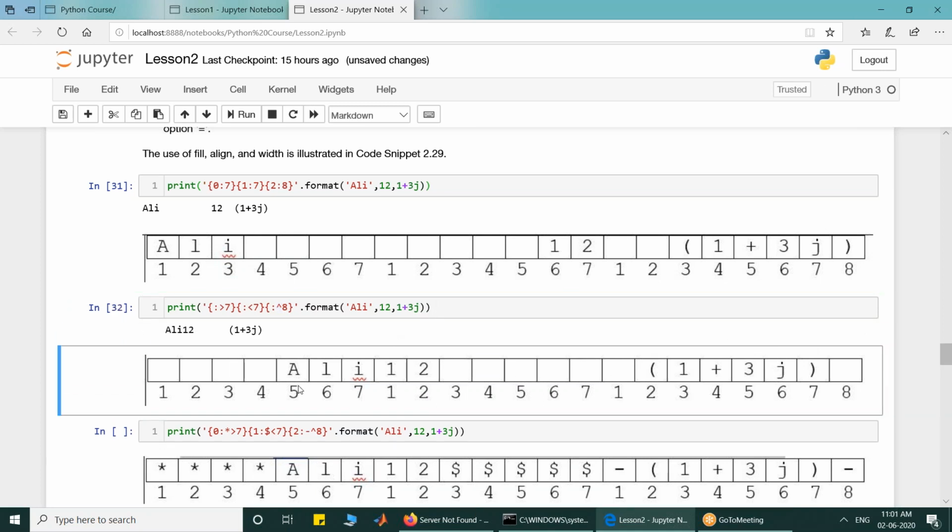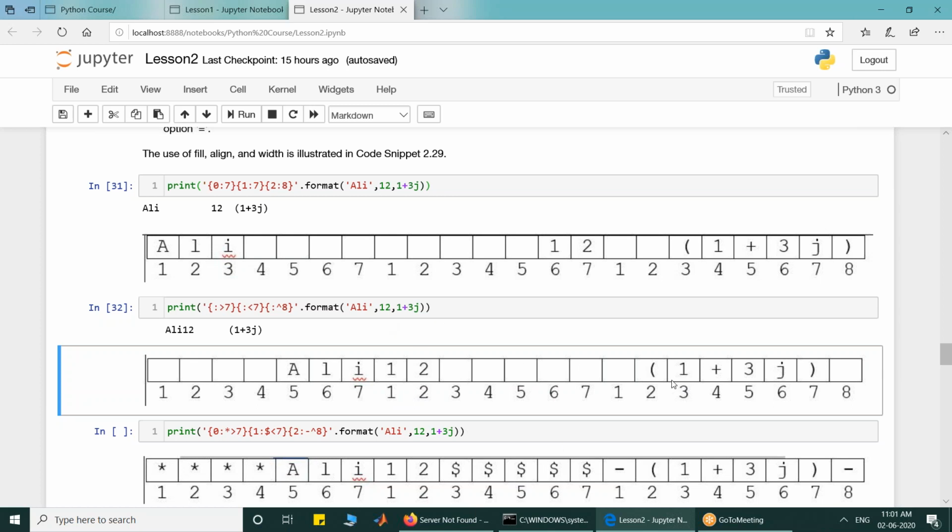If I execute it, look at it, you will get output Ali 12, which is like this. Look at the image below. Ali will come in 5, 6, 7th cell, 1, 2, which previously, look at the above figure, previously came at number 6 and 7, now it came at number 1 and 2.